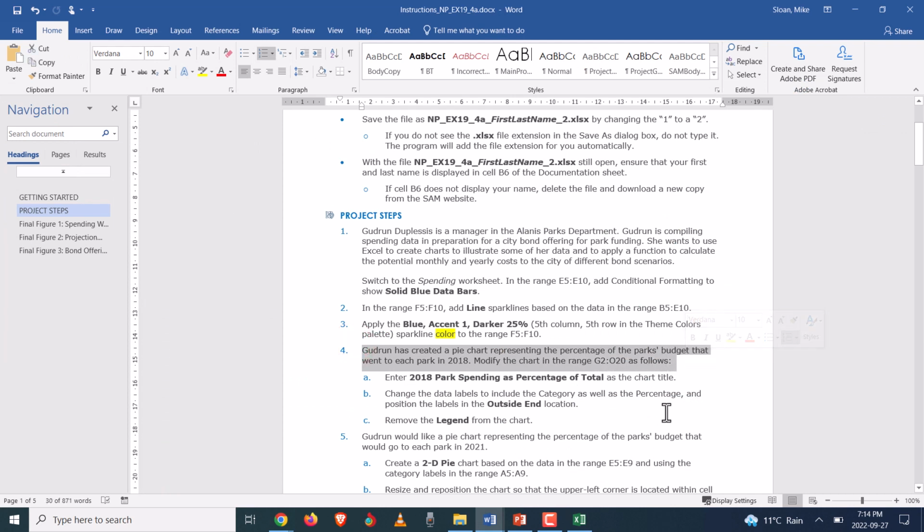Gudrun has created a pie chart representing the percentage of the park's budget that went to each park in 2018. Modify the chart as follows. Enter this as a title. Change the data labels so where they're located on the chart is in a different place, and take the legend right out. So instead of making you create a chart, because they know most of you have done that,